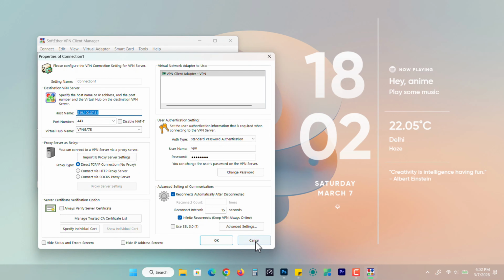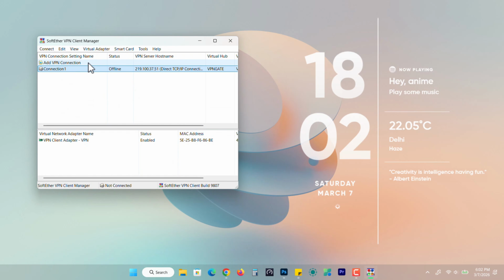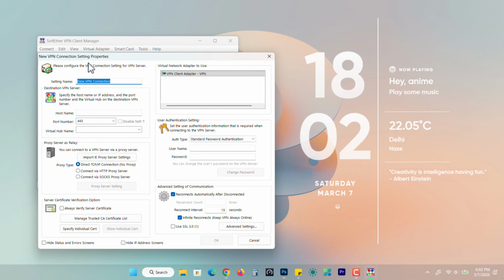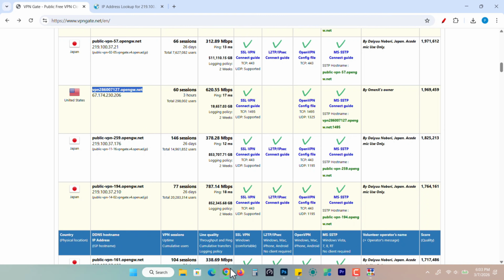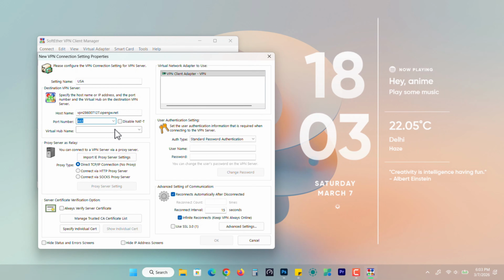But if you want to create another one, like you don't want to mess this one, you have to go again with the add VPN and you have to name everything again and again. Okay, so similar to this, giving this USA and the port number, like it was 1495, I guess. Yes, it is 1495. So make sure you noted the TCP or UDP port, and then you need to enter here. All right, giving the username and password,